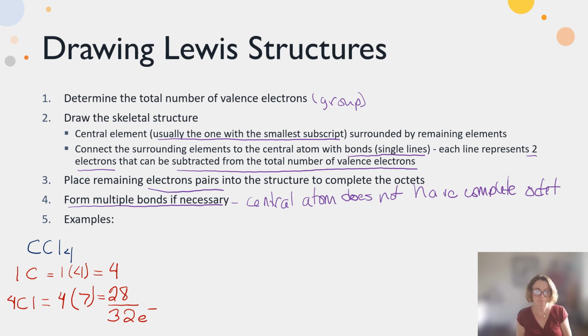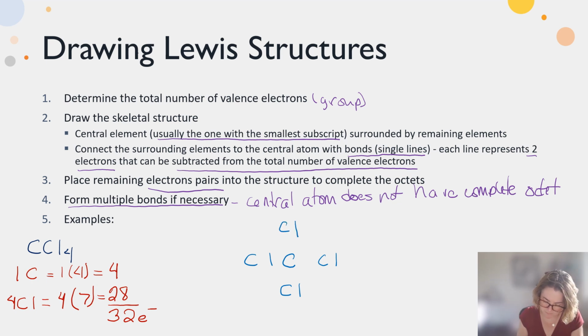Something you're going to want to do to make sure that you've got your structure correct is make sure that all of your electrons are in there. So when I'm done with this structure, I should have 32 electrons in that Lewis structure. Next, I have to figure out what element goes in the middle. Well, usually it's the one with the smallest subscript, so in this case it would be carbon. And then I'm going to put my chlorine atoms around the carbon. So I'm going to surround my carbon